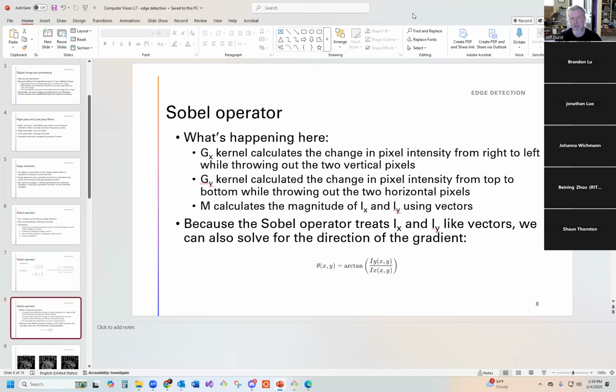And so this is how you break it down. The G sub X kernel, like I said, is change in pixel intensity from right to left while totally ignoring the top and bottom rows of pixels. G sub Y cares about changes in magnitude going from top to bottom while throwing out all the right to left stuff. And then we calculate the magnitude of the resulting IX and IY images